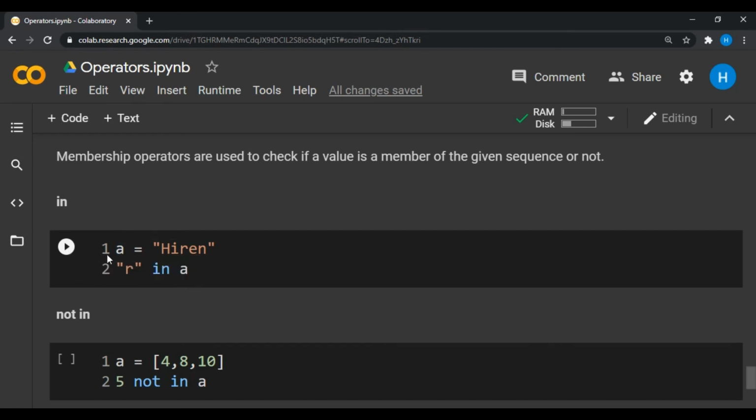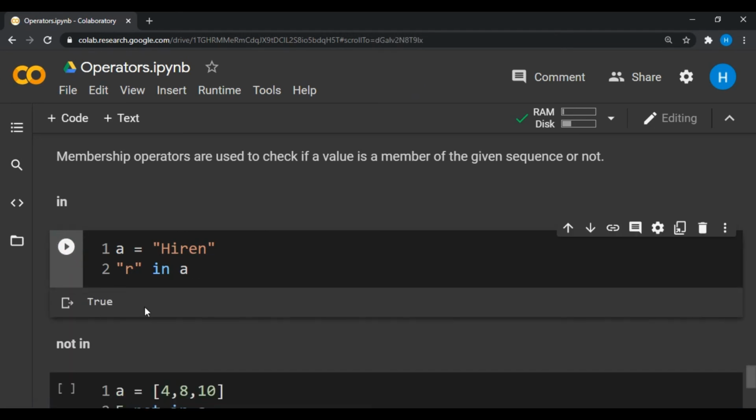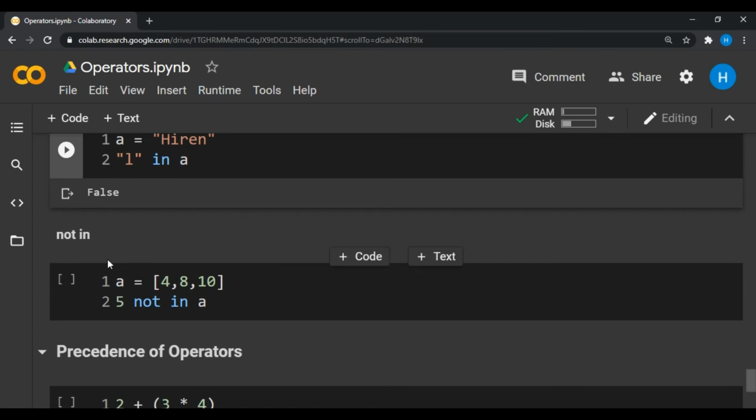It will tell us whether r is present in the string or not. Of course it is present, so our output will be True. And if I write something else, let's say L, it will result as False because it is not present in the given string.